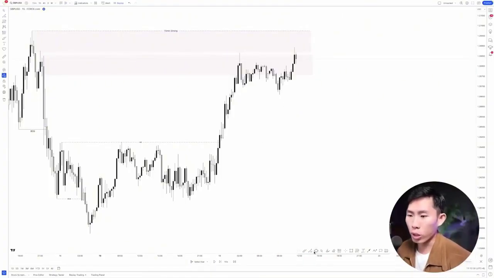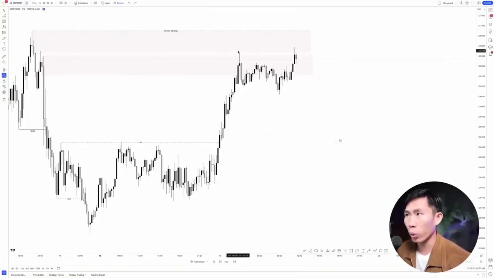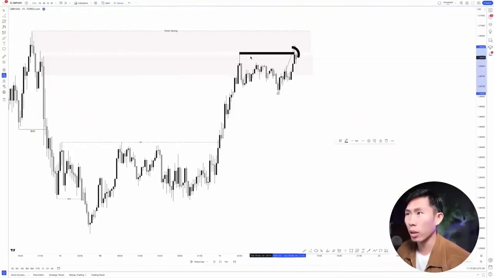So at this point of time, we know that, okay, we got that inducement, we are patient, right? We are not trying to enter for a sell here too early whatsoever. We are waiting for our liquidity to be swept before actually entering for the trade itself. And what do we have right here? We got a very nice liquidity sweep, right? Where price actually goes up there, sweeps the available liquidity above this swing high right here, above this double top,